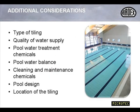In addition to the normal considerations when selecting an adhesive or grout, the following considerations are required when specifying for swimming pools. Quality of water supply. Pool water treatment chemicals. Avoid sulfate-containing chemicals. Pool water balance. Cleaning and maintenance chemicals. Avoid sulfate-containing and acid-based chemicals. Pool design, for example, water features, flumes, etc. Location of the tiling. More detailed guidance can be found on the ARDEX CPD Academy website,